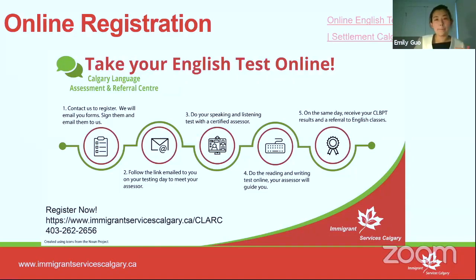Compared to before COVID, when you needed to either call us or come in to book your test, right now you have another choice, which is just sitting at home and sharing your basic information with us, taking your time, looking at the instructions and the samples we provided online, and completing the registration form by attaching the consent forms at the same time.